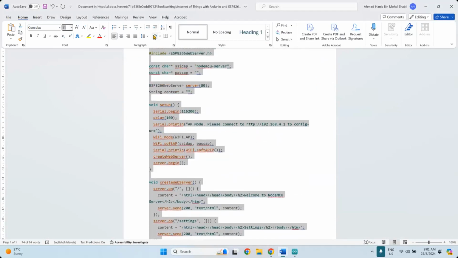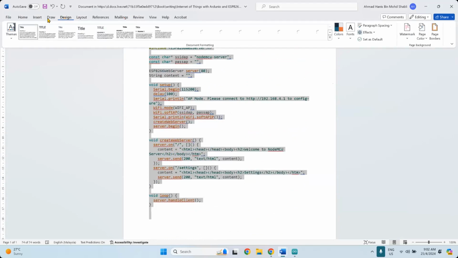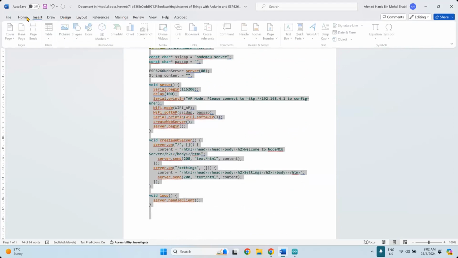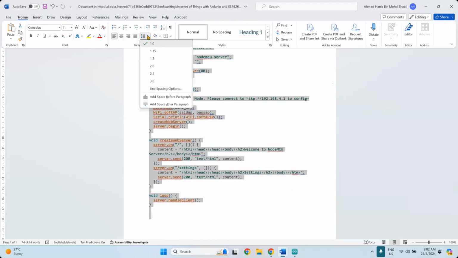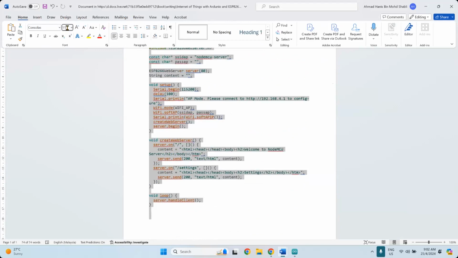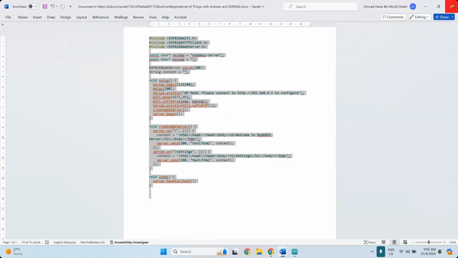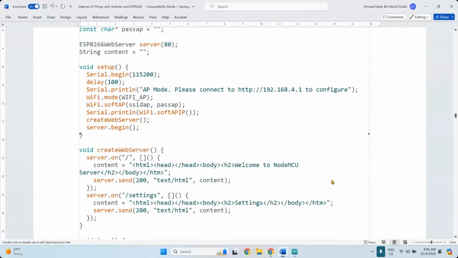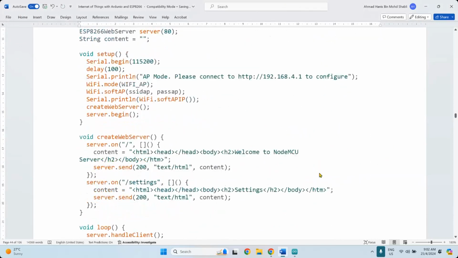Still the same. Smaller. The smallest that we can go is about 10. All right, should be okay with 10. Okay, close this. So this will be updated. So yeah, should be okay now.